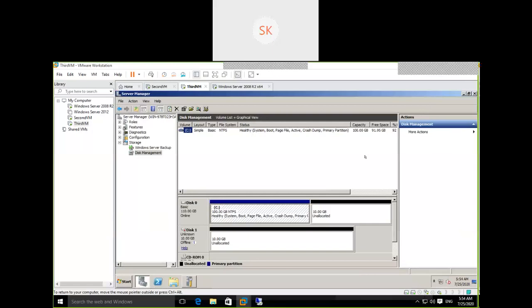See here, under disk management, what we noticed previously was only 100 GB. Now there is unallocated space. See the representation: the blue is the primary partition, and whatever space is unallocated is shown in black. That means I can do certain actions here. What actions can I do? How to create a new partition? What is a basic disk?